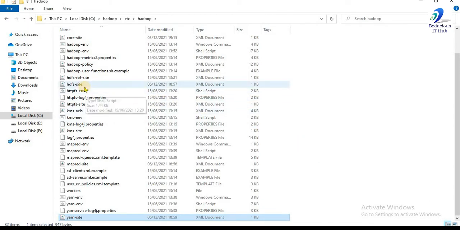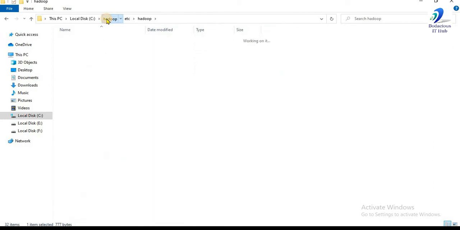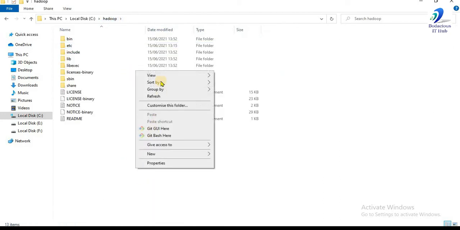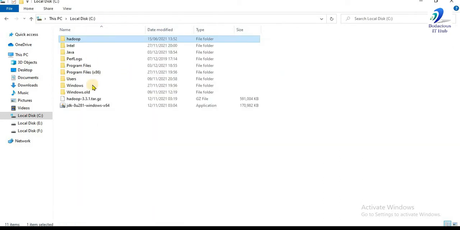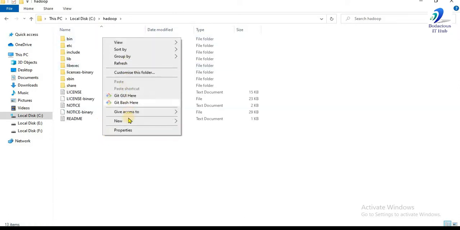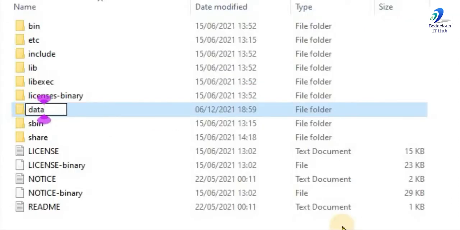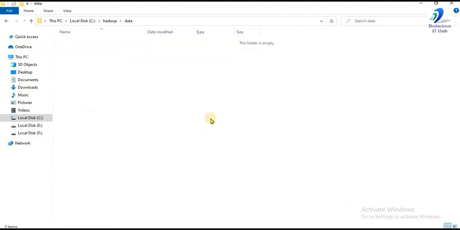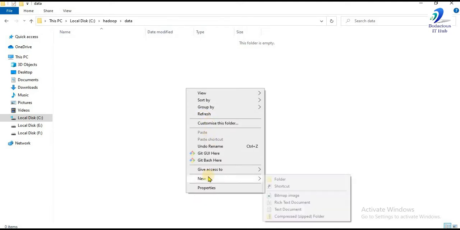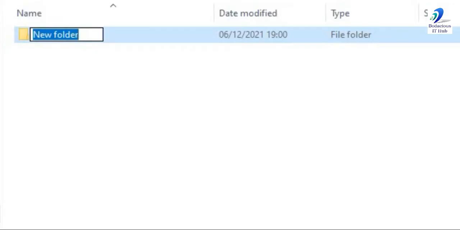So again I have to edit the hdfs-site file, but before that we have to create some folders in Hadoop. So moving to the Windows C drive and then moving to the Hadoop folder, we'll create a new folder with the name data. Then entering data, we'll again make a new folder with the name namenode.